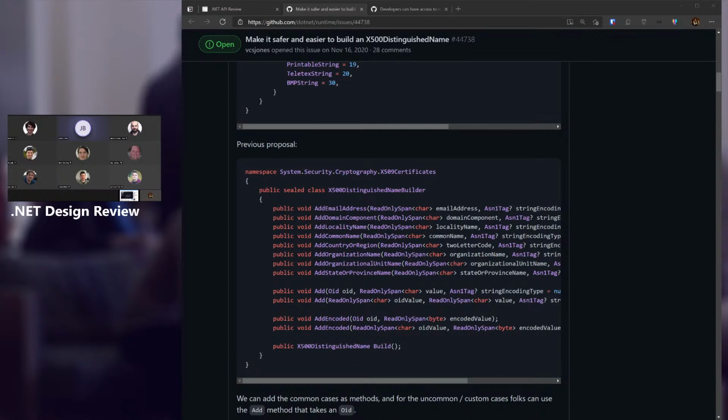I guess BMP is Unicode that can't leave the basic multilingual plane. Sorry, UCS2. Yes, BMP string is UCS2. Teletext is something weird. Printable string is ASCII, and it throws if you use a control character. And yeah, they're all simple encodings, but the thing that you're testing is if I use the ASN encoding type printable string and I